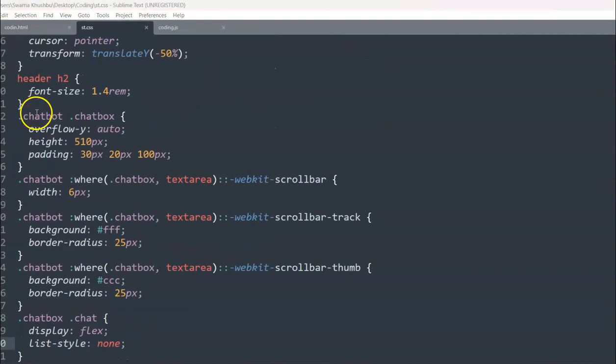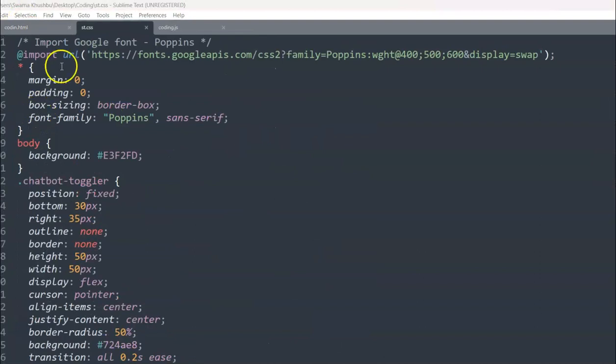Okay, so here is the CSS which has the chatbot. If you see, this is the whole CSS I have written. Now, if you want to understand the whole coding, copy the code and try it yourself,